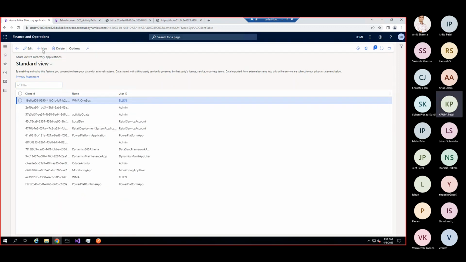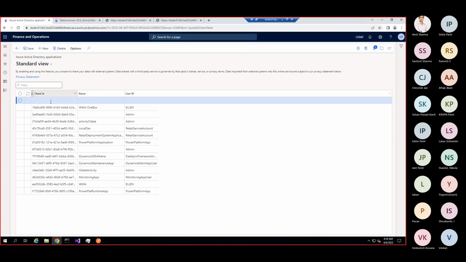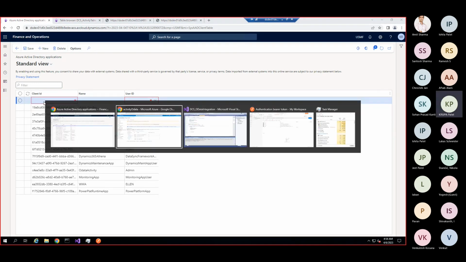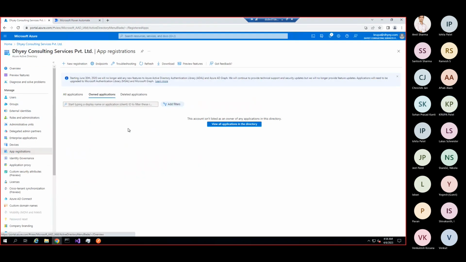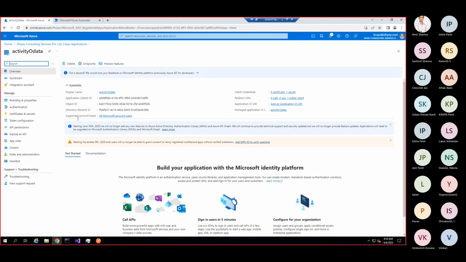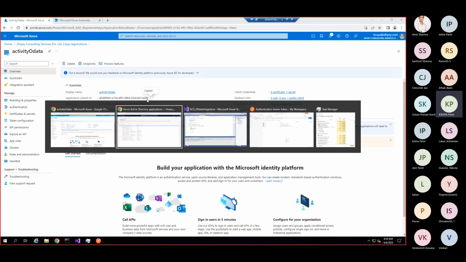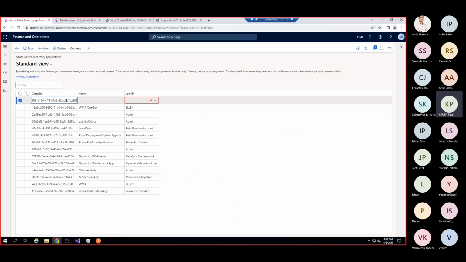And here we need to click on new, and we need to pass the client ID which we have generated through the Azure application. Here you can see the application ID, that is nothing but the client ID. So we need to copy that ID and pass it here.